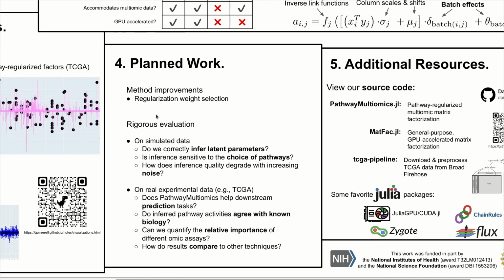As I've said, this method is still a work in progress. There are still improvements that we plan to make. Very importantly, we still need to subject PathwayMultiomics to a rigorous evaluation to determine whether it produces useful and reliable results. This includes a simulation study, as well as some evaluation on real data, from TCGA, for example. I'm eager to discuss this with you, or to hear any ideas you may have about model improvements or model